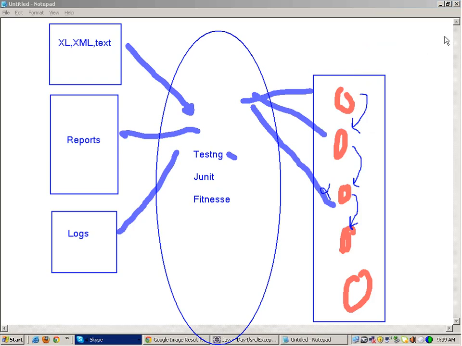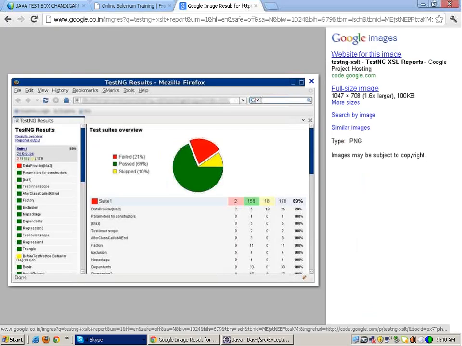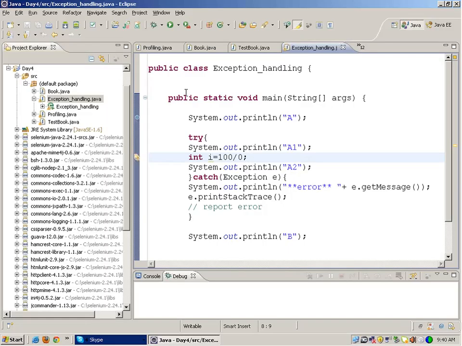Okay, so I'll just close this. Sorry, and I'll open up Eclipse. Hold on, it's kind of hanged. Alright, so now